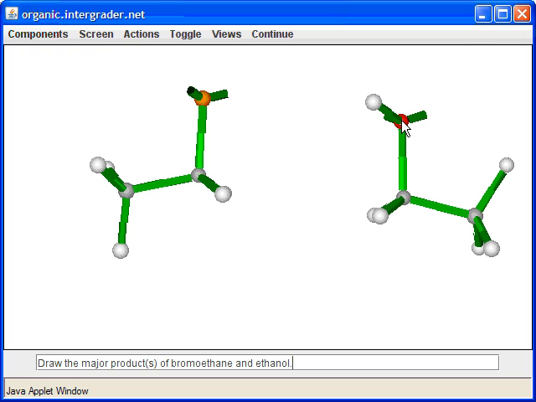All we have left is to try an SN2. What would you need to do an SN2 reaction? You would need a good nucleophile. And oxygen is not a good nucleophile, because remember, good nucleophiles on the second row of the periodic table are those that are on the left side, and poor nucleophiles are towards the right, and that would be oxygen. Finally, we know we're not going to do an E2 elimination, because we don't have the basic conditions necessary to deprotonate this carbon and cause the formation of a double bond. So in this case, all you have to do is draw the components, and if you want to tell the program that you want nothing to occur, then just press continue.